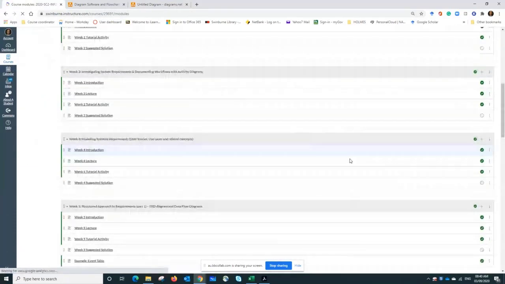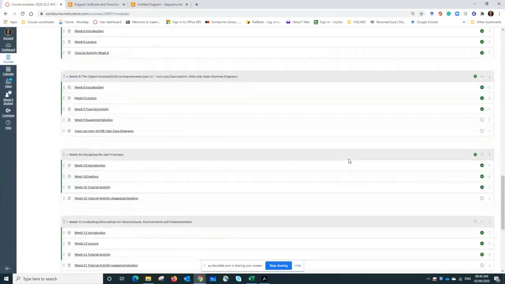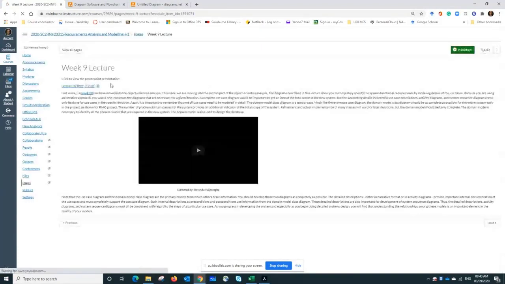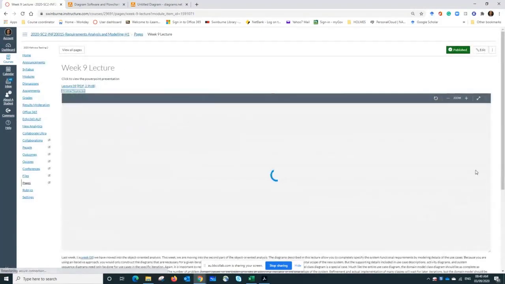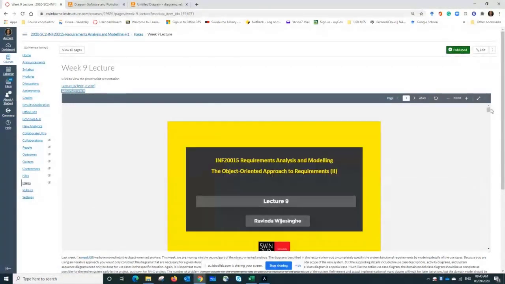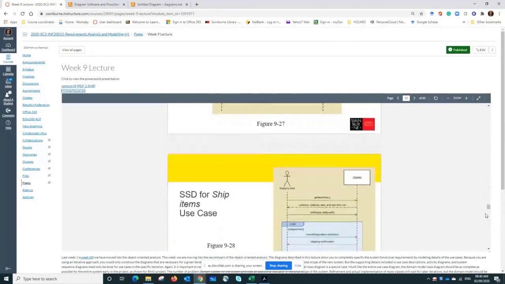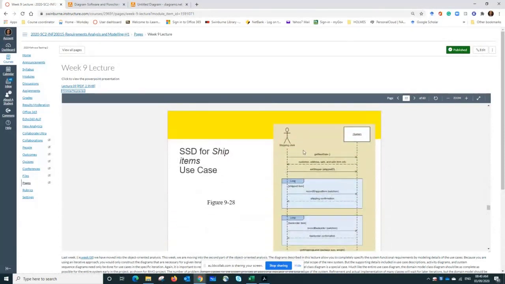how it looks like. I think we did it in week 9. So let me go to the lecture. Right, just have a very quick look how it looks like. Yeah, so this is how the system sequence diagram looks like, right? So we have